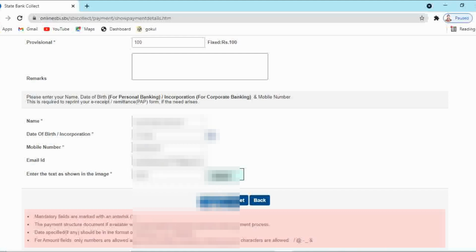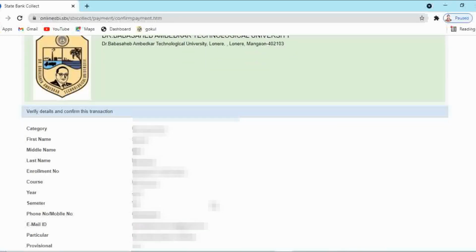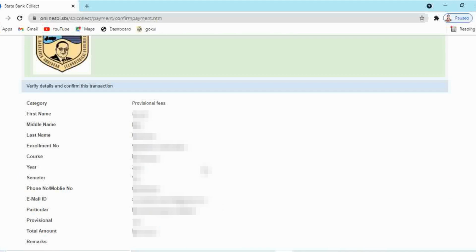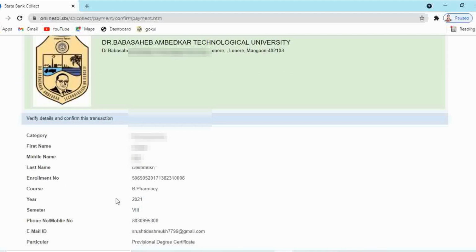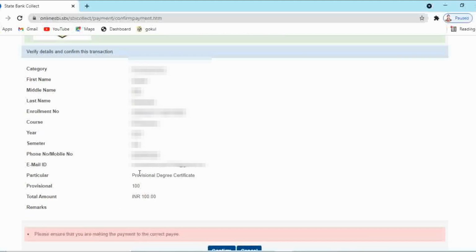Then click on submit. Here all the details will be displayed. Just check it once. Category provisional fees, first name, middle name, last name, that you have to check. Enrollment number, then course, year, semester, your mobile number, email ID.